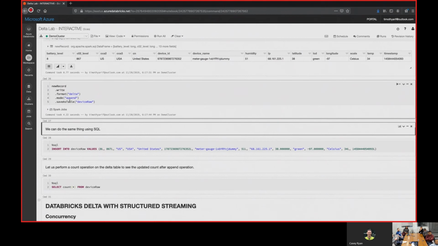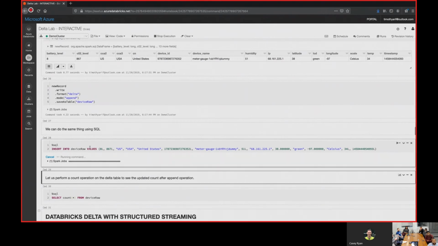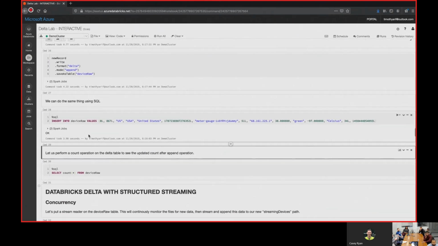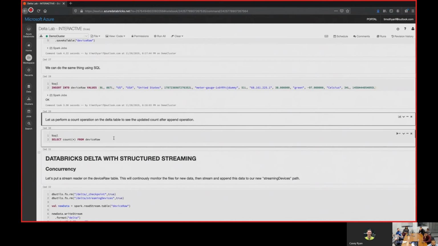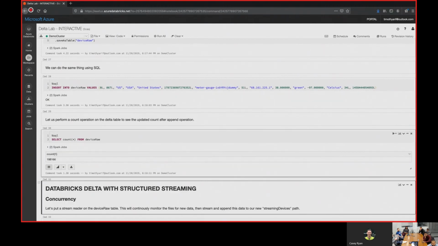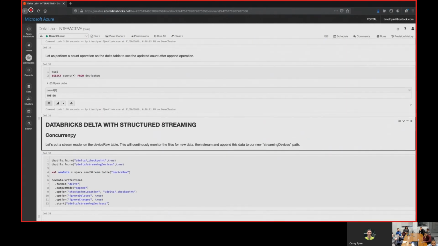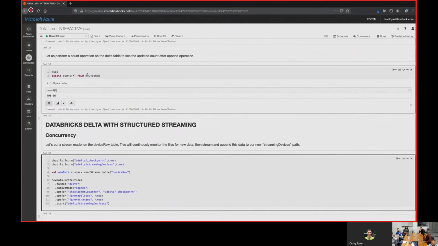We were able to just write the format append in the data frame API. We can also do it in SQL, where you go with standard ANSI SQL, insert into the values. Now, whether it's potentially a streaming source or a batch source, we're able to just count it. It doesn't matter what the source is, as long as you're reading from a Delta table, you can always count. And if we had a streaming source on here, we would literally just be able to shift enter constantly and see a new count every time.